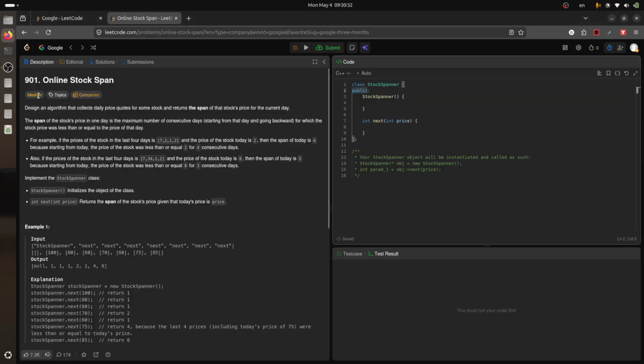Today we got problem 901, medium, online stock span. Basically what we do is we get prices of stock and each day we return the span. Span means that, counting the current day, what is the number of days the stock price was less than or equal to that price. So if we put 5 in there,